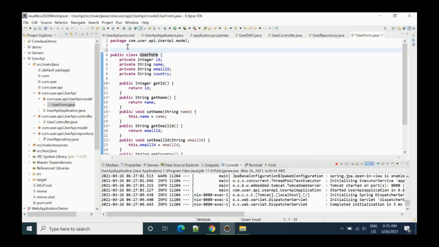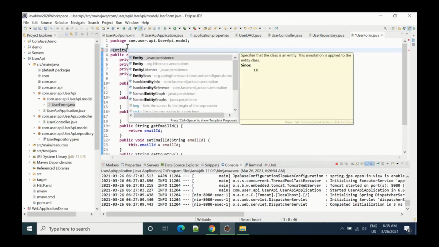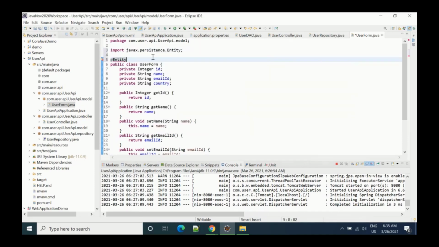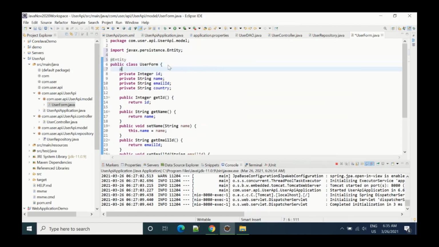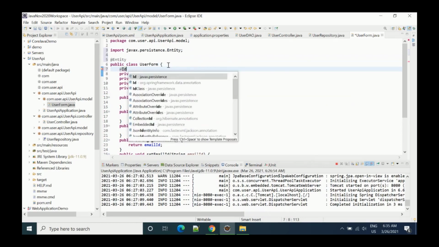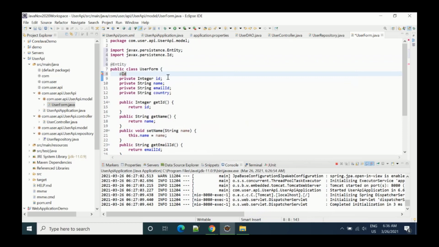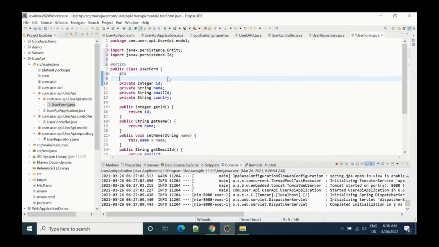So for that, we'll use a Hibernate entity. If you use the javax persistence entity, JPA, then once you run your program, one table will automatically be created using user form, and then we have to tell that this particular ID is the actual ID, and that this ID is auto generated.